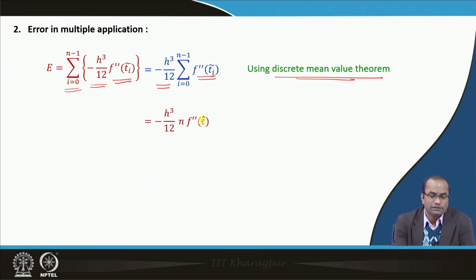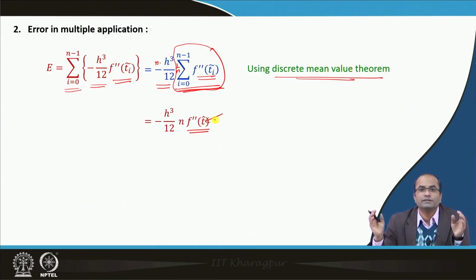That will say that the value of this sum here will be n times, because we can have 1 over n and then multiply by n there. This will give us f double prime at t hat, where this t hat will be somewhere in the whole interval